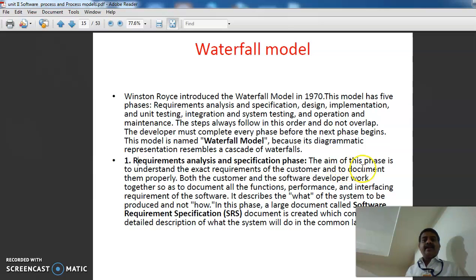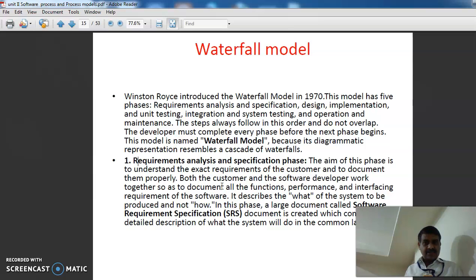What is it? The aim of this phase is to understand the exact requirement of the customer and to document them properly. Meaning, the documentation of your project is analyzed here, and the requirements of the customers are also analyzed here.